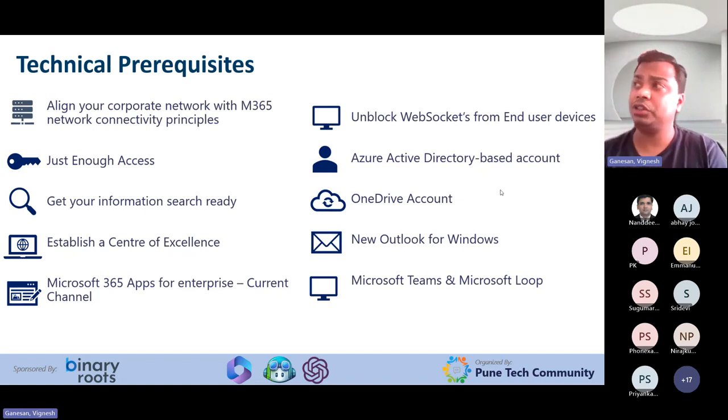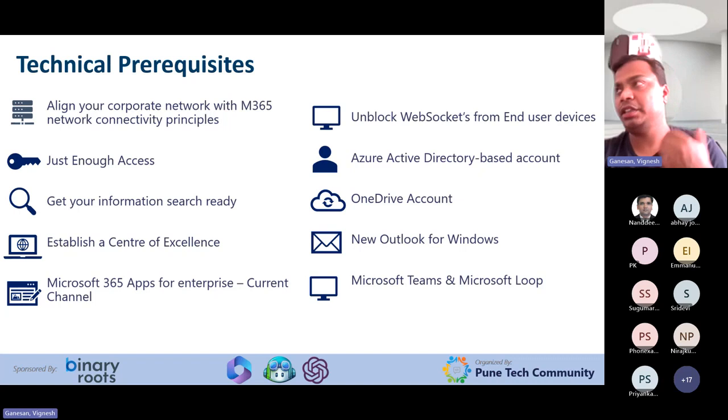You also need to unblock WebSockets from end user devices. If your organization is blocking them, please make sure that you're unblocking the WebSockets to get the complete functionality of Copilot. Yeah, an Azure Active Directory based account, of course, that's a given, because if you're using M365, you definitely need an